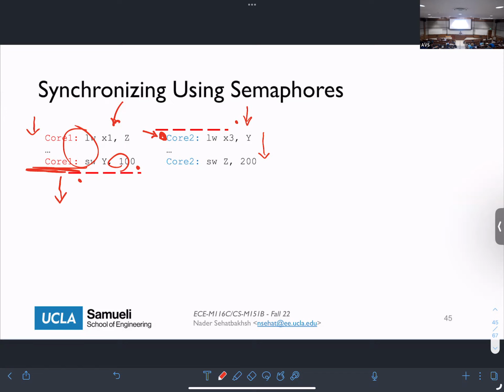Okay, and this way we are eliminating all those scenarios where, for example, this happens first, then this happens second, this happens third, and so on. That cannot happen. So the only option in this case is that either the load happens or the store happens first, right? Either of these two happens, and then either of these two happens. You cannot have a scenario where this happens first and then this happens second. That's not possible, just because of the way that you are adding your barriers. Does that make sense?